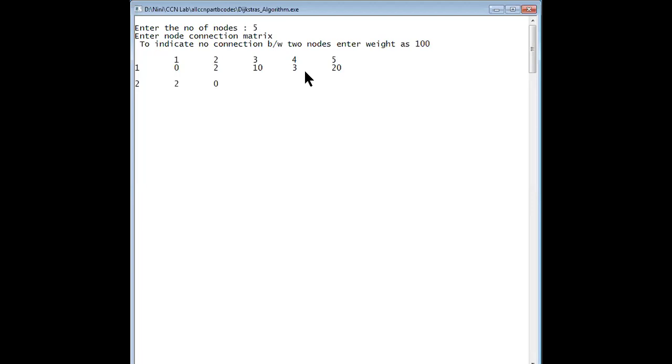So 2, 0, 3, 100, 100, 10, 3, 0, 100, 4. So this is a symmetric matrix. You can see for 4, this will be 300, 100 like this. Right? So 300, 100, 4 to 4 is 0, 4 to 5 is 1. Then enter. 20, 100,